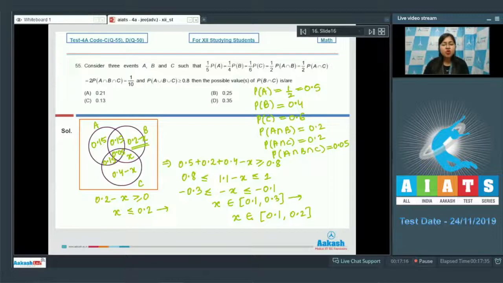But here we are talking about the possible values of probability of B intersection C. So B intersection C is 0.05 plus x. So 0.05 plus x will go from 0.15 up to 0.25. So this is our final answer. So from the given options we can see the options that are matching is option number A and